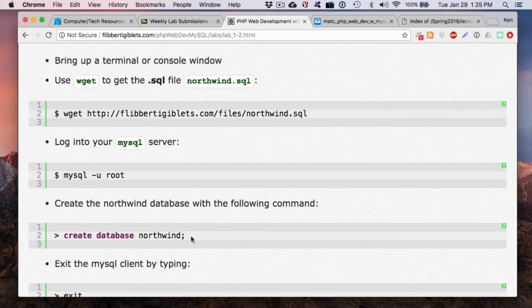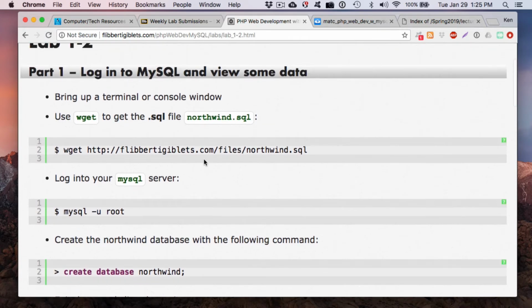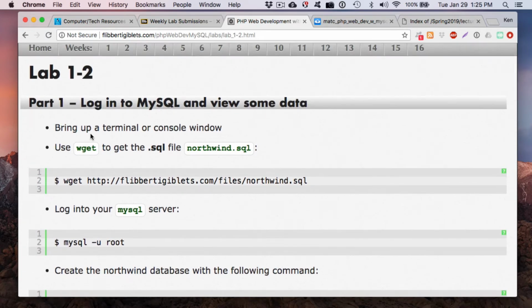Some of you may have seen. Who's run Unix before? Who's used the terminal window in Unix before? Okay, great. So this should be somewhat familiar to you. For those of you that it's not, I'll kind of walk through that with you. All right, so first thing we need to do is bring up a terminal window or a console window. So if you go into